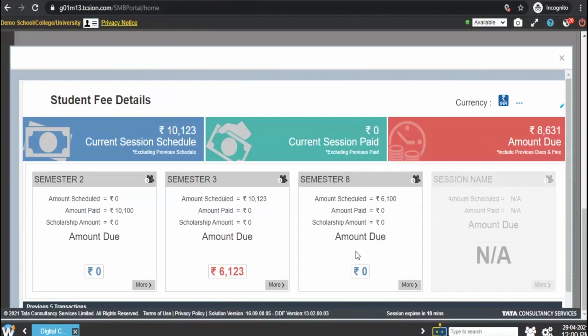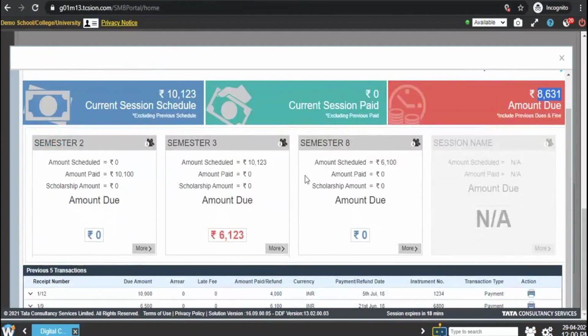So let's take an example of this particular student for which the schedule was generated for 10,123 rupees, and out of which 8,631 rupees is pending. And out of this particular 8,631, semester 3 fees corresponds to 6,123.